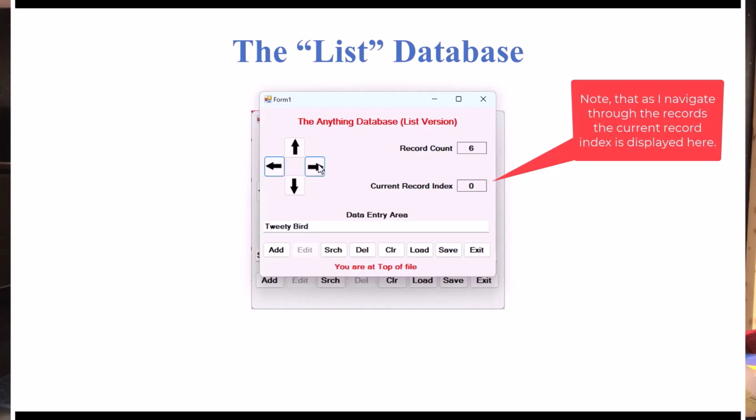I can now go forward, and I can go Daffy Duck, Elmer Fudd, Porky Pig, Petunia Pig, Sylvester Cat, and so on in the line, or at the end of the file there. So it makes it kind of nice to actually go through this thing. I can go ahead and clear this out and put something totally different in there. I think we've got Foghorn Leghorn, and just simply do an